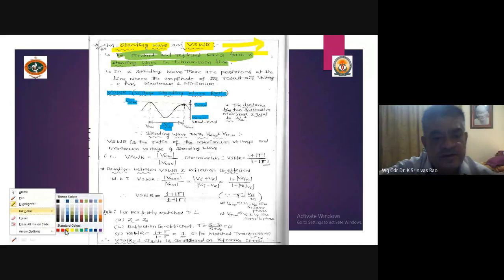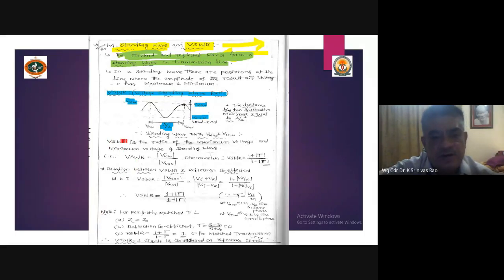So this is your peak to peak when you calculate. The distance between two successive maxima is equal to lambda by 2. Now, between two peaks, from one peak to the other peak, we can call this lambda by 2 in the standing wave ratio. So when we talk about this kind of situation,